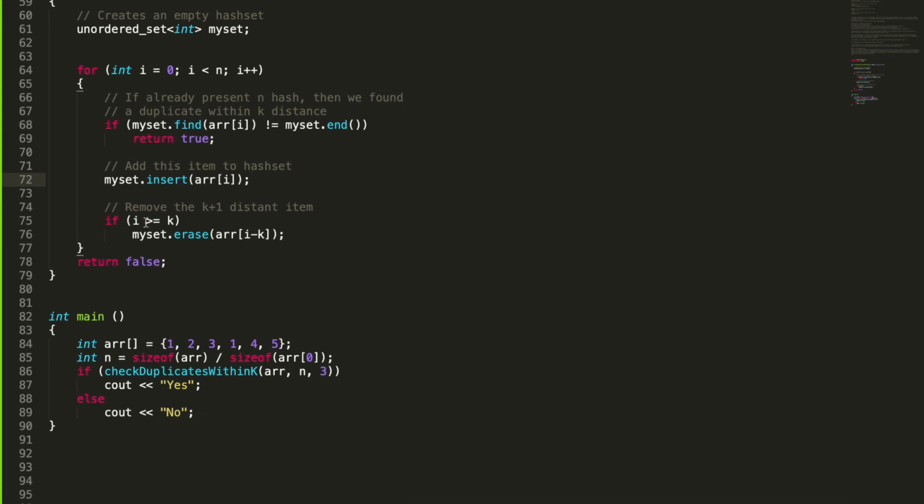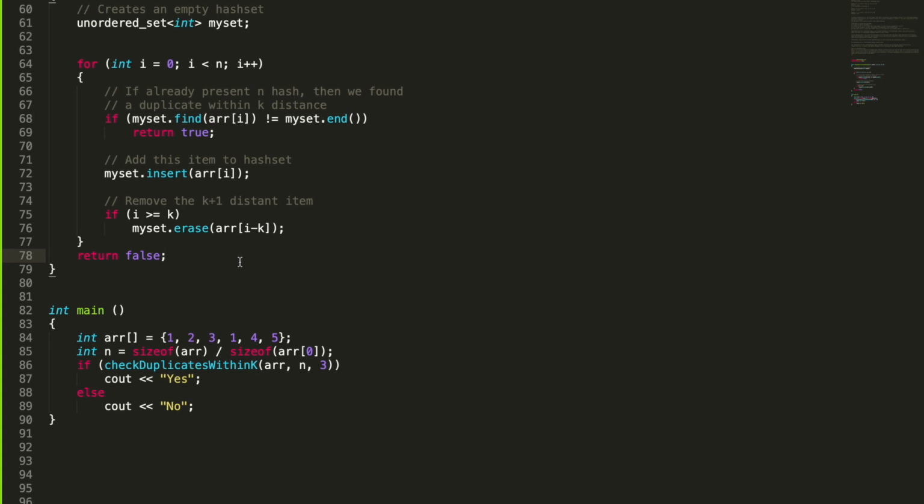Also, because we have a restriction of the window size, in case i is greater than or equal to K, we have to erase the element i minus K from the hash set. So if everything goes well and we are not able to return true in any case, then we return false at the end.